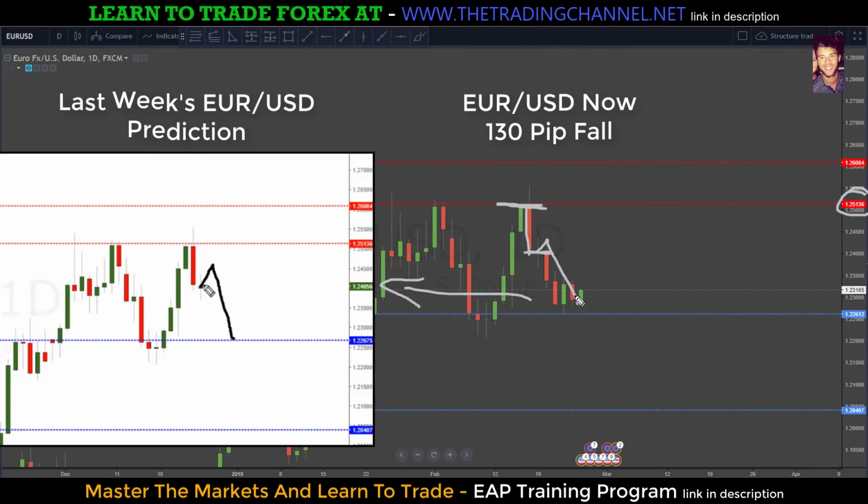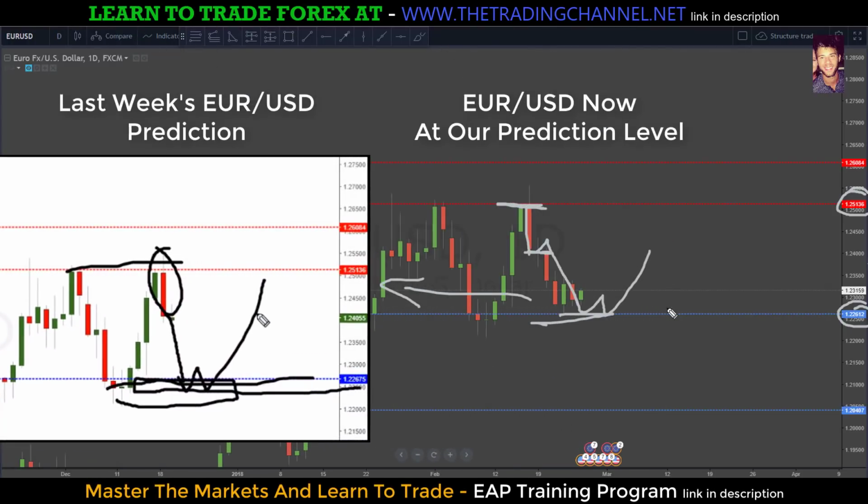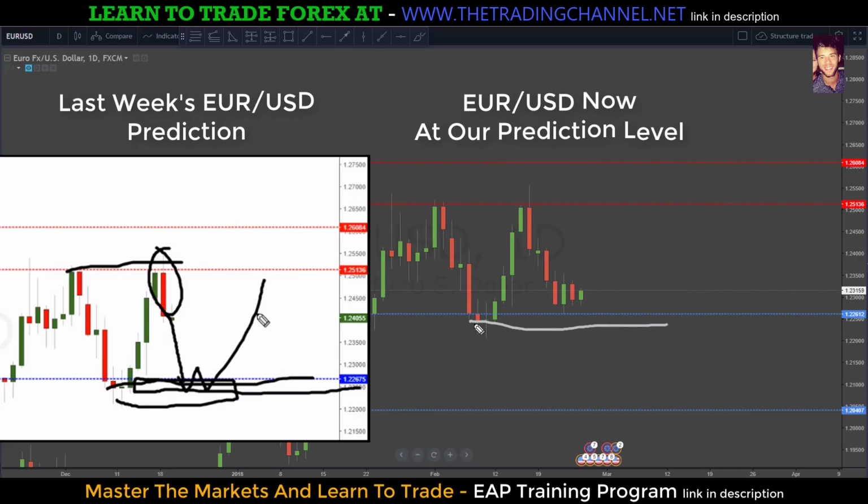Also in last week's video, I talked about when the market got down here to this level, our next blue line at 1.2261, this is where I'd be looking for long opportunities. So as our initial prediction this week on the euro dollar, we're looking for long trades. Where are we looking for these long trades at? Right in this area